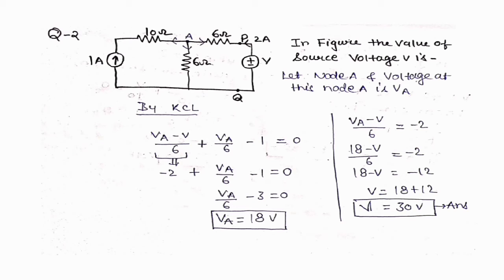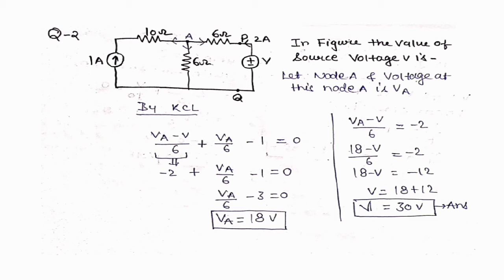If any current direction is given to that particular branch, then you change that current value from plus to minus. So if 2 ampere is given and the direction is opposite to whatever you assume, in that case you put -2 here. Okay, we will see how it actually happens.